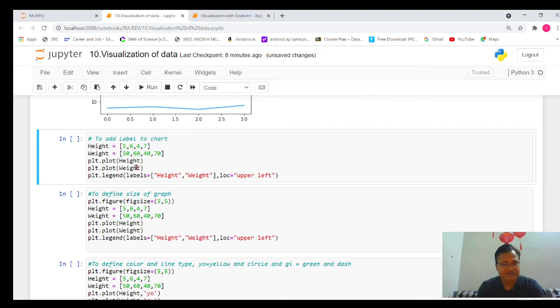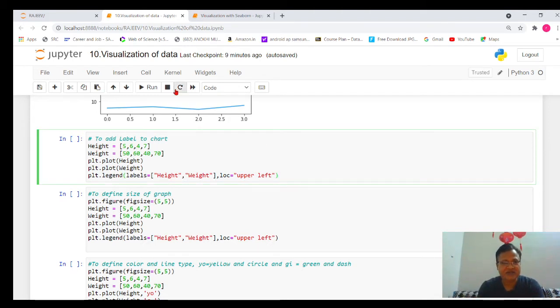In Python also, for giving a legend, I have given labels height comma weight. Okay, so what legend labels have I used? I have used height and weight, and loc is indicating location, because the legend we can display on the upper right corner, or we can display on the lower right corner. So depending upon which location you want to display the legend, you will use the loc parameter and give it. Here what location have I given? I have given upper right. So the legend will be displayed at the upper right portion.